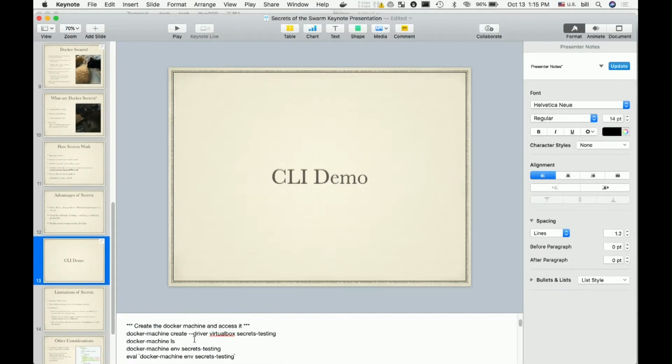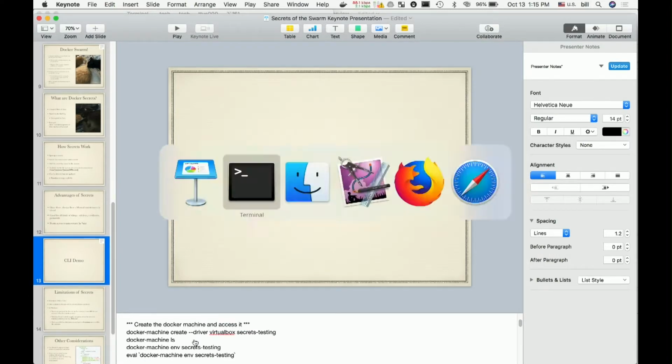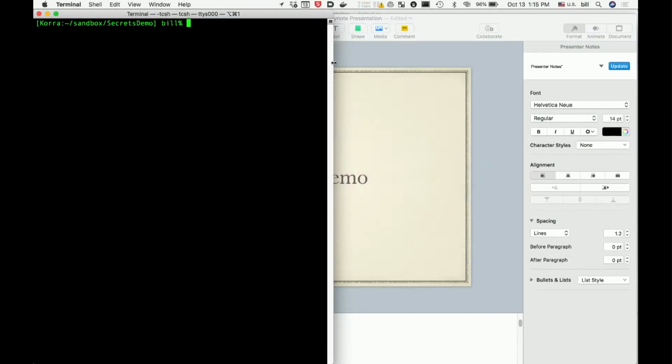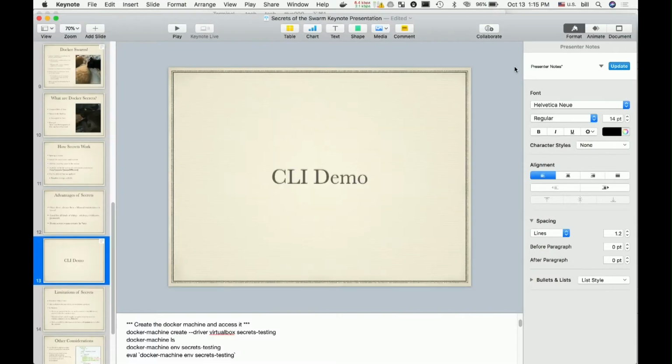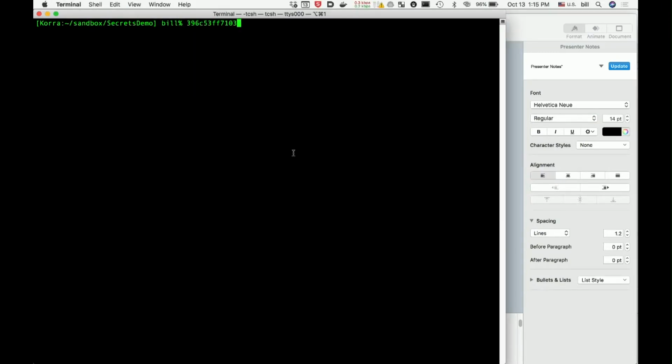All right, so I've already set up, I'm in the directory that I want to use for this particular purpose. So first we're gonna start with creating the Docker machine and getting access to it.